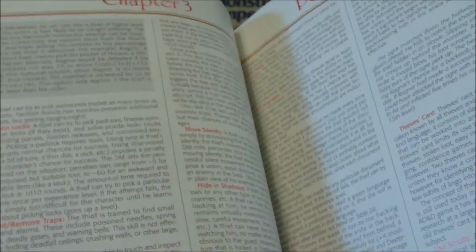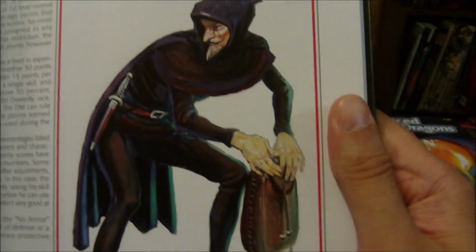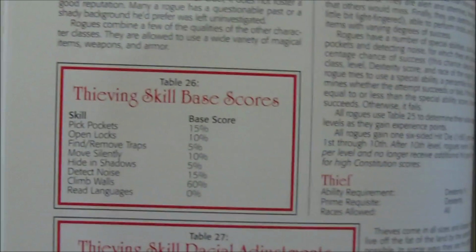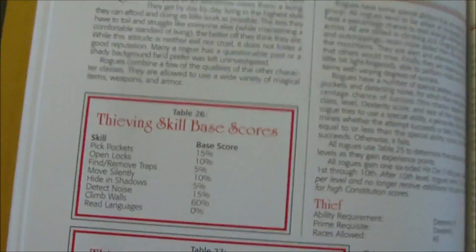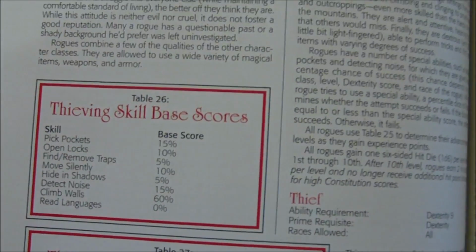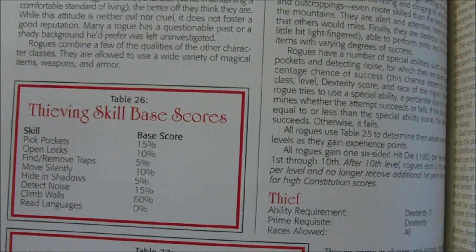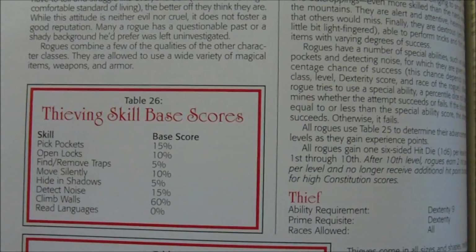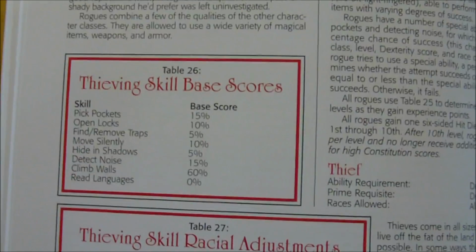So the thief was pretty self-explanatory. They basically excelled at stealing things and at hiding in shadows, being stealthy, and disarming traps and opening locks. All thieves had base thieving scores or abilities. They were pickpockets, open locks, find and remove traps, move silently, hide in shadows, detect noise, climb walls, and read